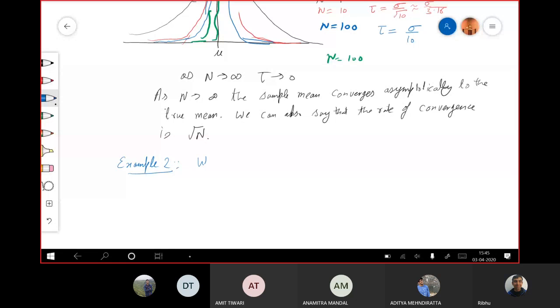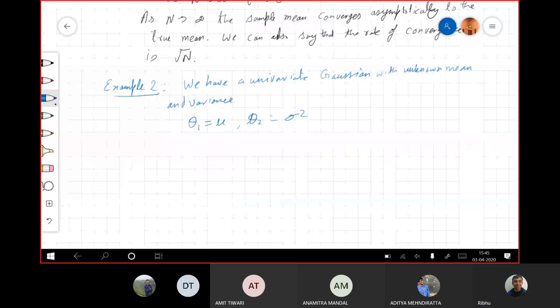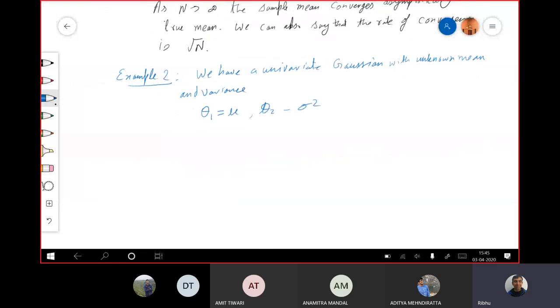Variate Gaussian with unknown mean and variance. So here I say theta1 equals mu, theta2 equals sigma square, and p(xk given theta), so all of these are scalars, equals